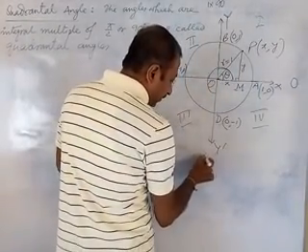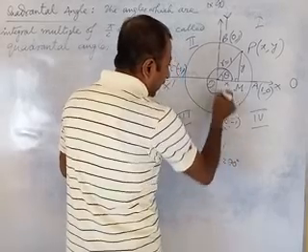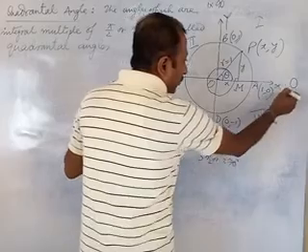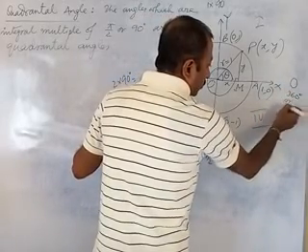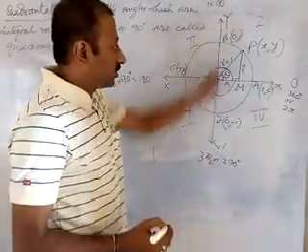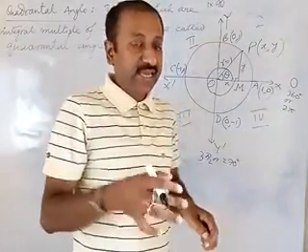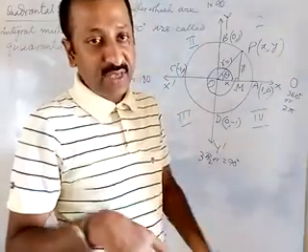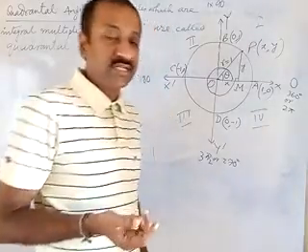Clearly 3 pi by 2 or 270 degrees. And here it comes, 360 degrees or twice pi. So these angles on the axis, particularly, are multiples of pi by 2 or 90 degrees. So these angles are known as what?